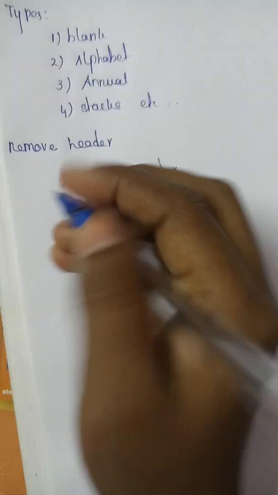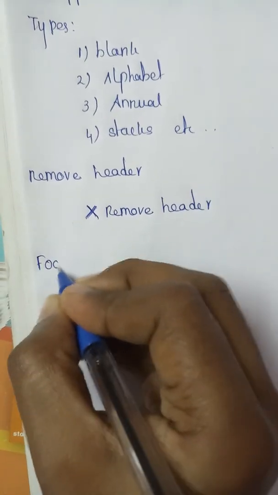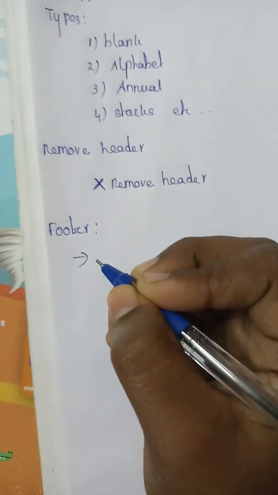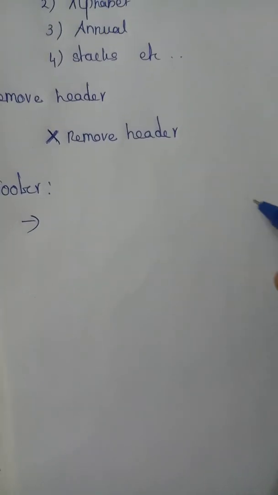The same for the footer. The content in the footer will appear at the bottom of the page. So this is the bottom of the page. Here I am writing coding, and it will be at the bottom. Header is visible at the top and footer is visible at the bottom. So this is the use of the footer.